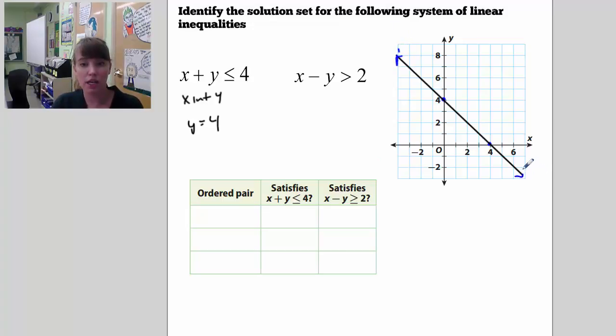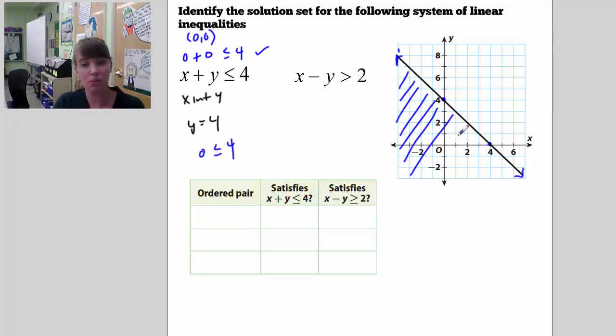Now, to figure out the shading, let's put the origin in. The origin is the coordinate 0, 0. Is it true that 0 plus 0 is less than or equal to 4? That is true because 0 is less than or equal to 4. So in that case, the shading is going to be below like this,